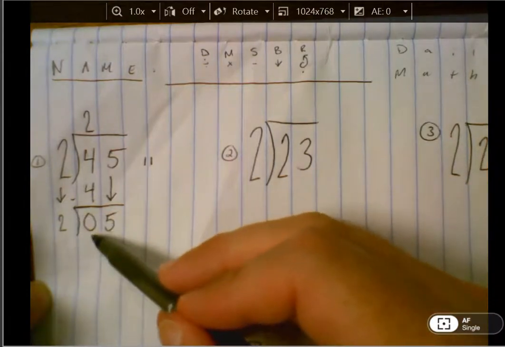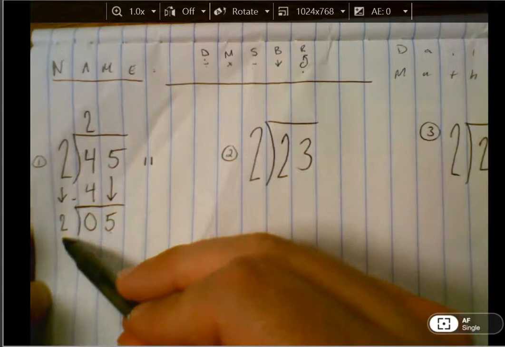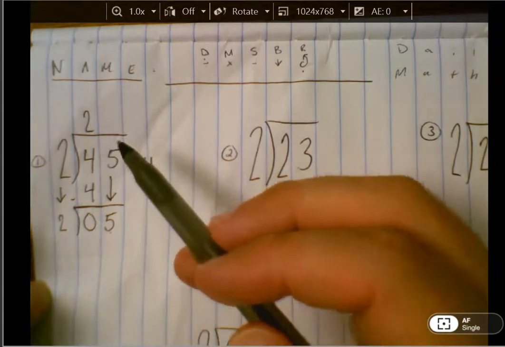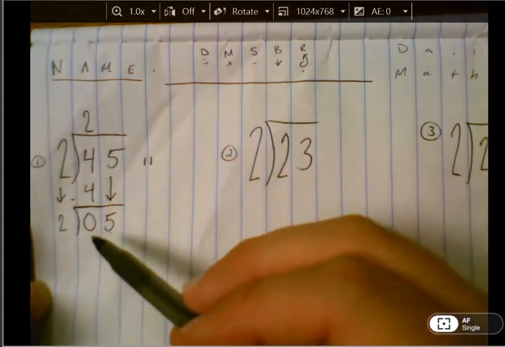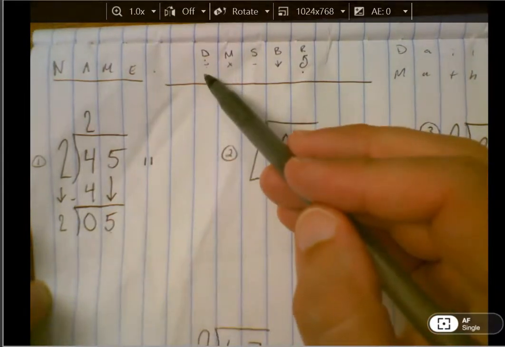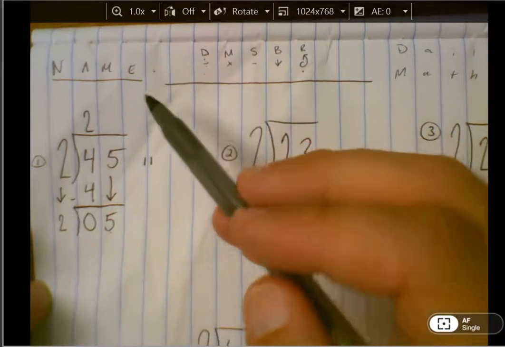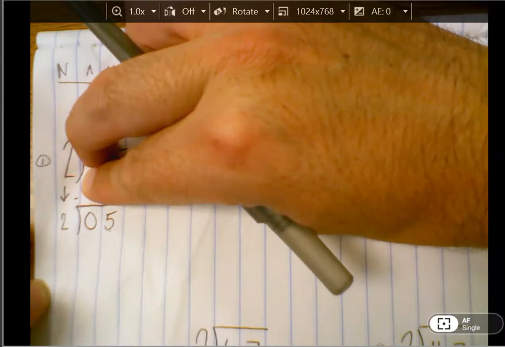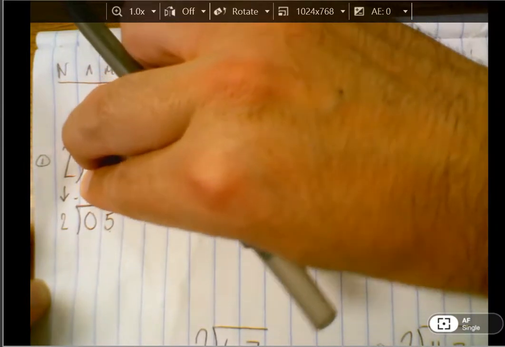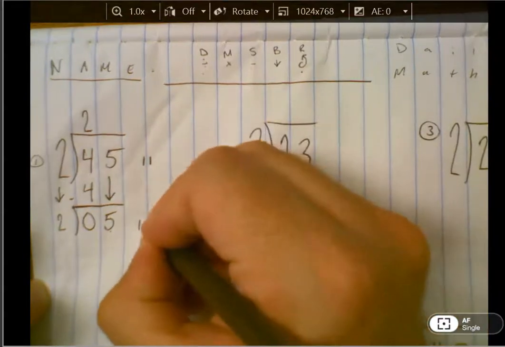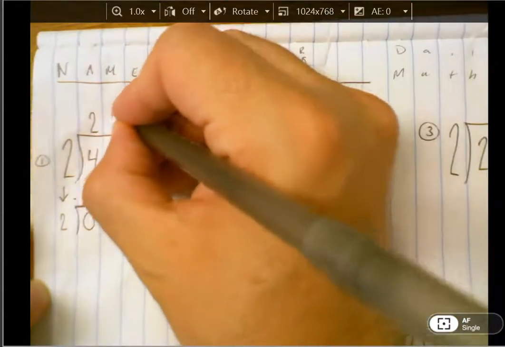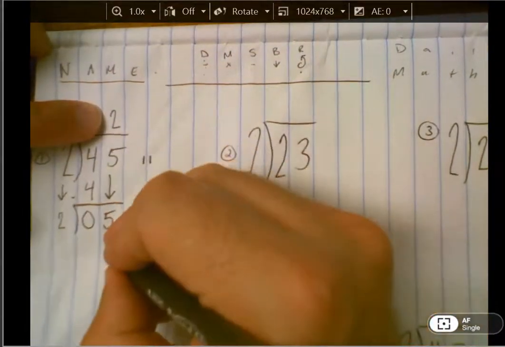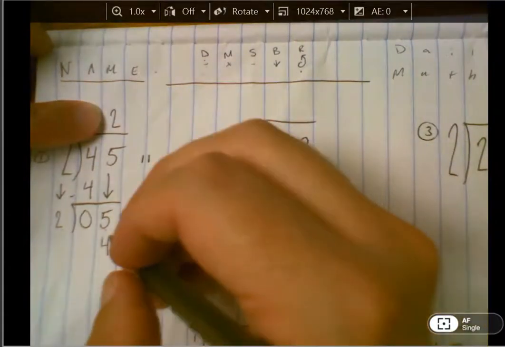If the dividend, the number left over after subtracting, is bigger than the divisor, you must repeat. If there is a space in a place value missing, then you must repeat or place a 0. In this case, because the number is bigger, I repeat the whole process starting with division again, which is the tally marks, except this time I'm only looking at 2 into 5. Looks very similar to how we started, except this time I'm breaking apart the 5 by 2. Once again, 2, 4, I skip out by 2, I get 2, and I place that at the top, and I multiply this 2 times the 2 to get 4, which is placed under here, which then once again is